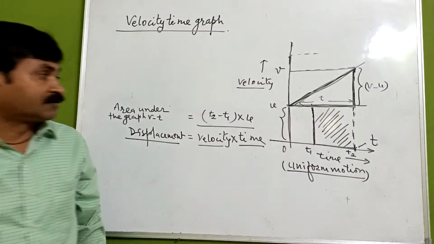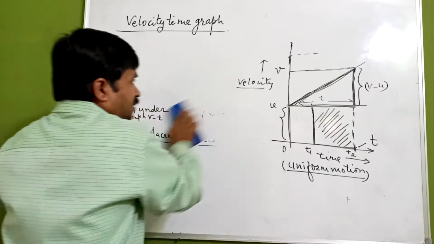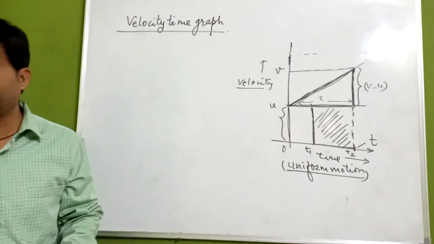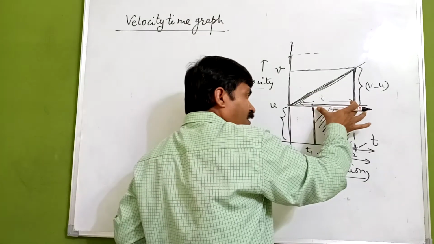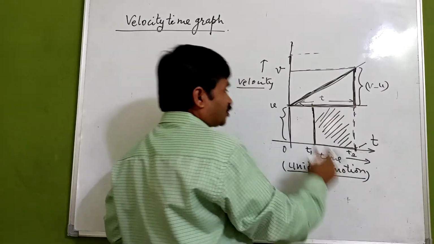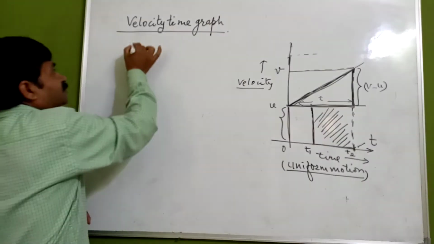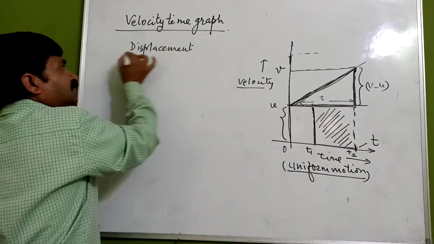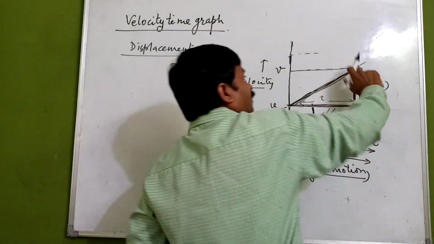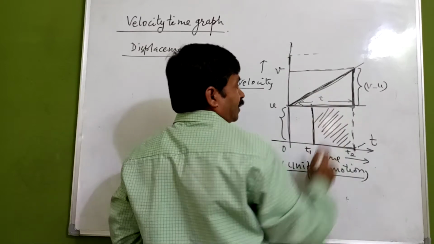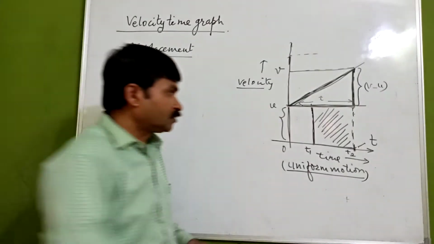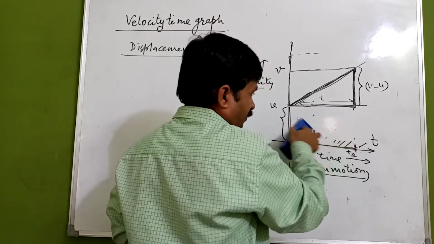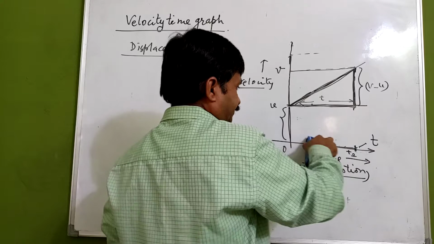Slope. One thing we have got: ग्राफ में velocity टाइम ग्राफ से हमको एक चीज क्लियर हो गई. So one thing is clear to us, that the area under the graph is giving us the displacement. इसको हमको displacement मिल रहा है. अब हम देखेंगे if we are having some initial velocity u and there is a change in the velocity with respect to time, what we are getting. Don't get confused if I am removing this. So what we are getting?